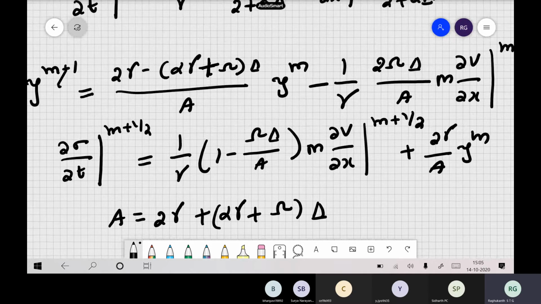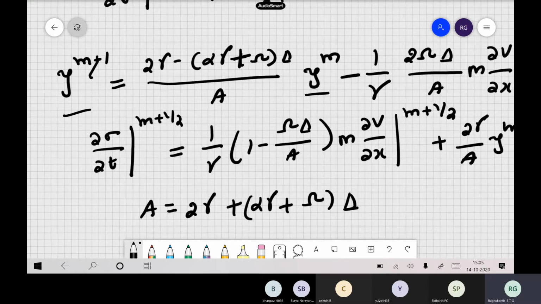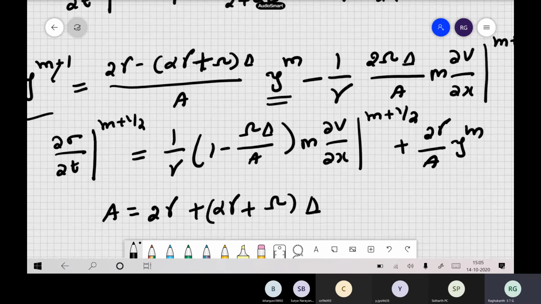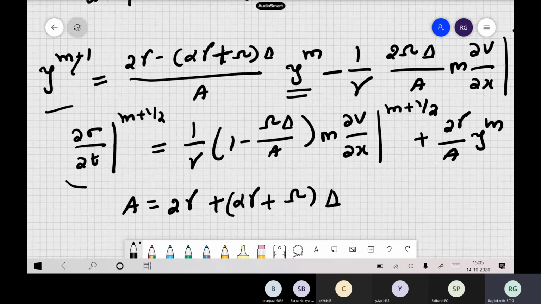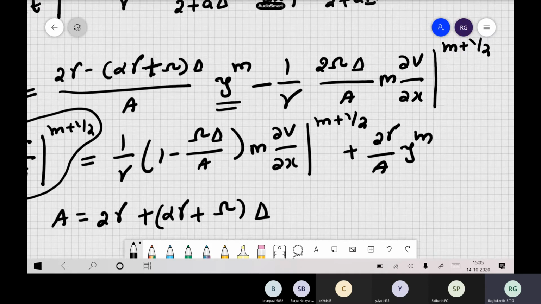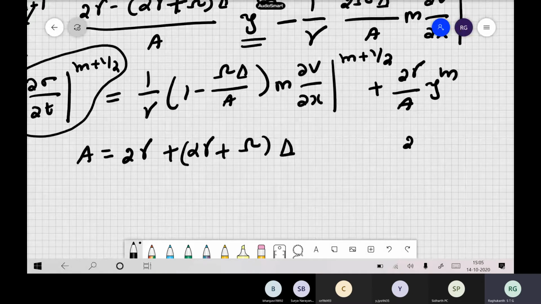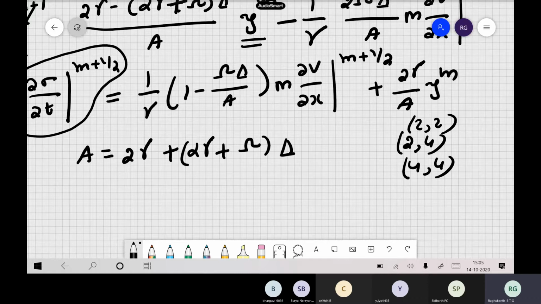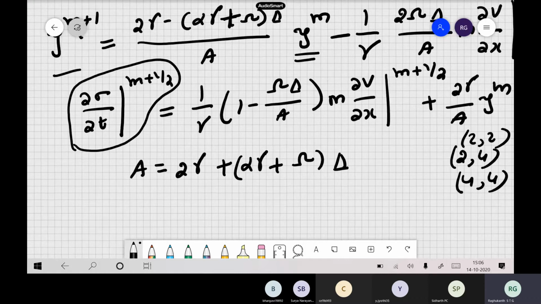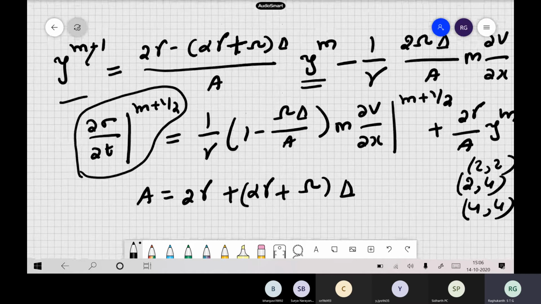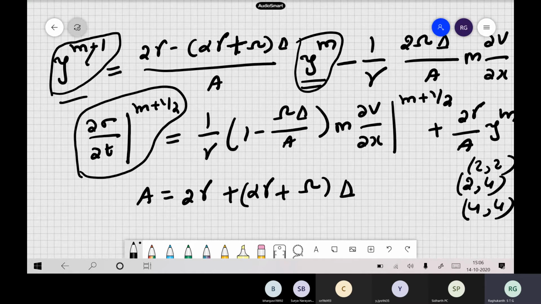So now you know zeta m plus 1 and all those things. You solve this equation, you will get zeta, and then you substitute, you will get this. Now the only problem is how to represent these things. So you can use the staggered grid. Already we have discussed it in great detail. You can go for 2, 2, or 2, 4. You remember last class we saw 4, 4 to represent these derivatives. So now this is only the finite difference equation to represent these coefficients in our perfectly matched layer. So you do it 2, 2, 2, 4 or 4, 4, and then you solve for the solutions.